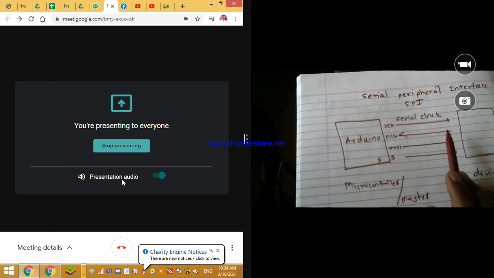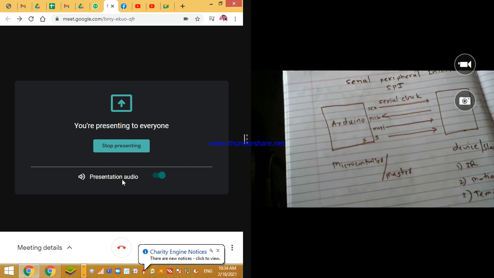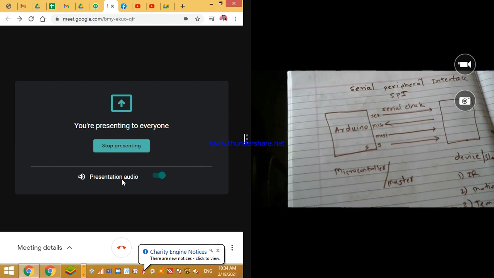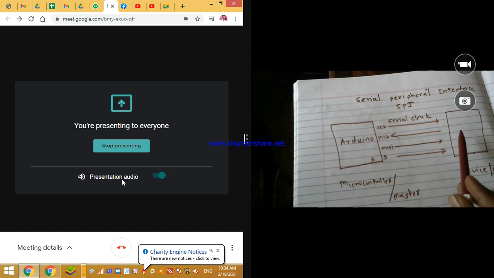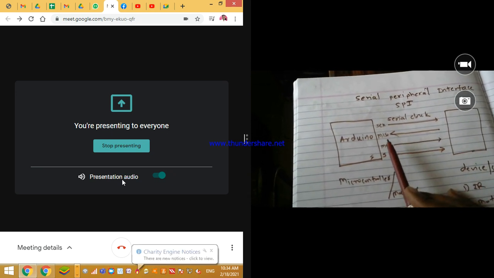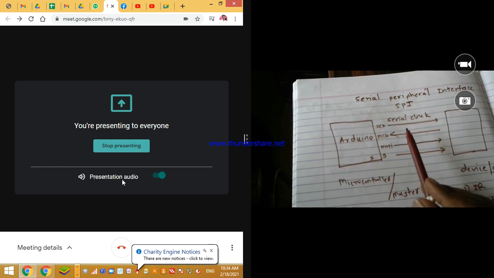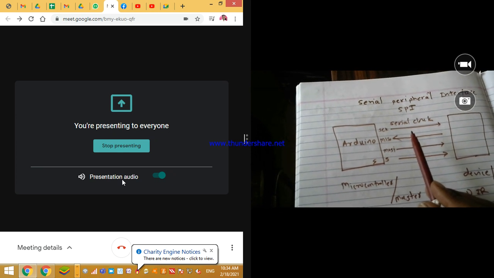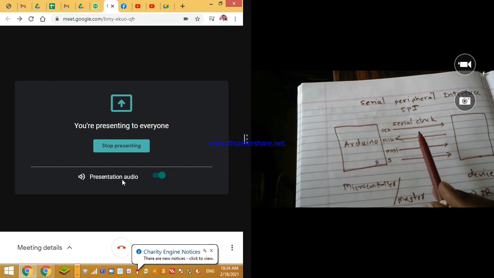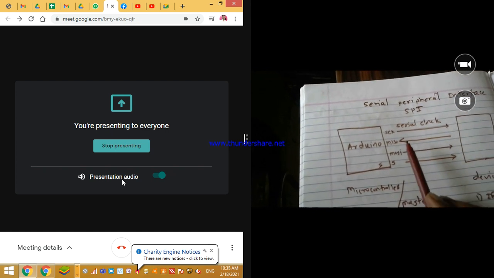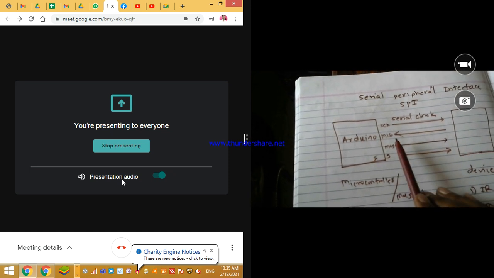Then the next line is coming from the slave device. The slave device may be an IR sensor, motion sensor, temperature sensor, or any device. The data captured by this sensor or device is sent through this line. I am repeating it again: SPI is the Serial Peripheral Interface, a serial communication protocol used for the transmission of data. This is the line which sends the data from this device to this device.